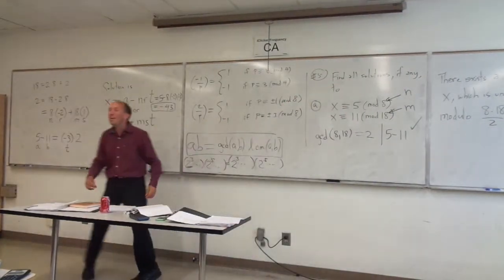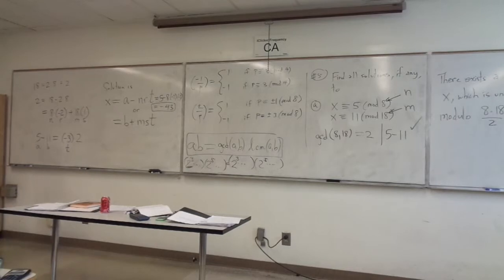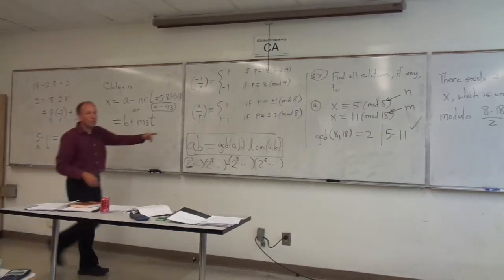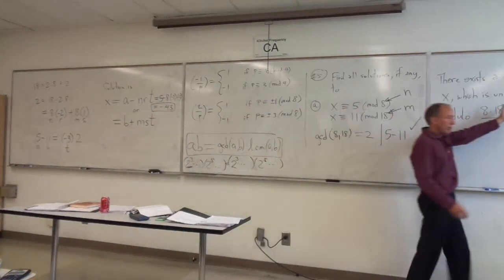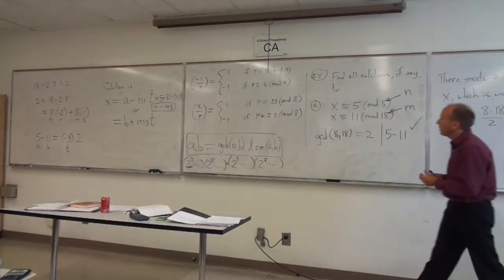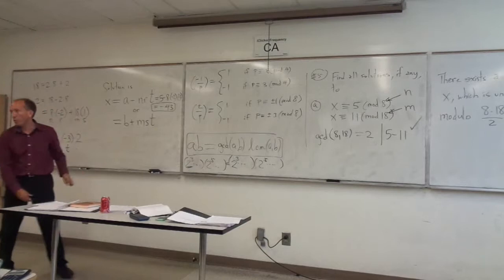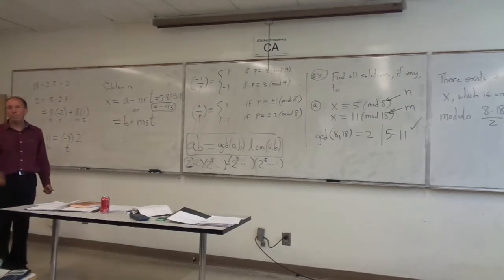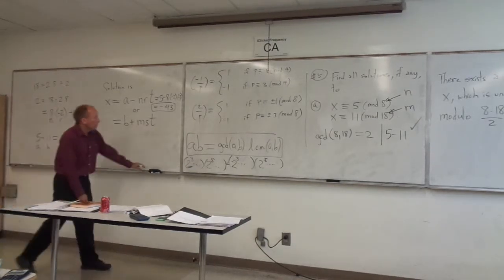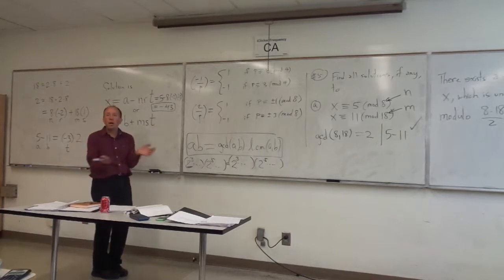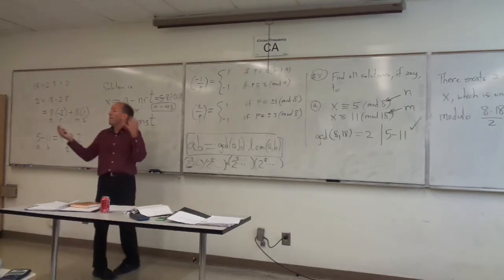Dr. Annan? Sorry, can you repeat what mod it was in, the negative 43? Oh, it's in mod 72. It's this mod over here. So the solution that you come up with is unique modulo 72, which is the LCM of 8 and 18. Okay, all right, so that's what you do if the mods aren't relatively